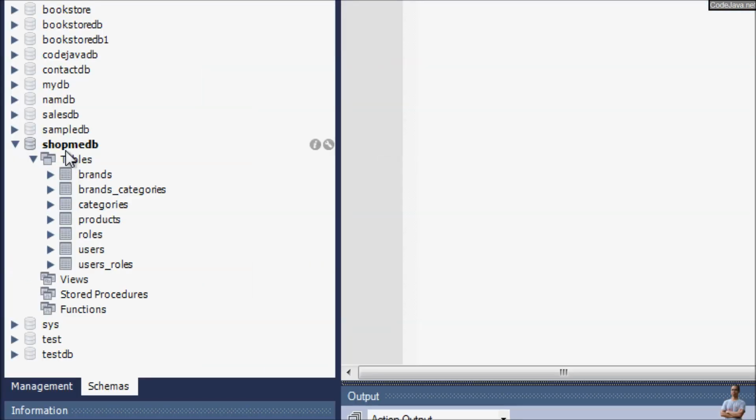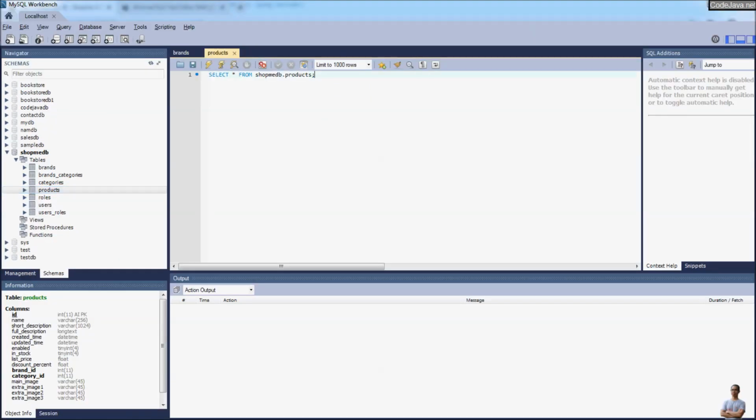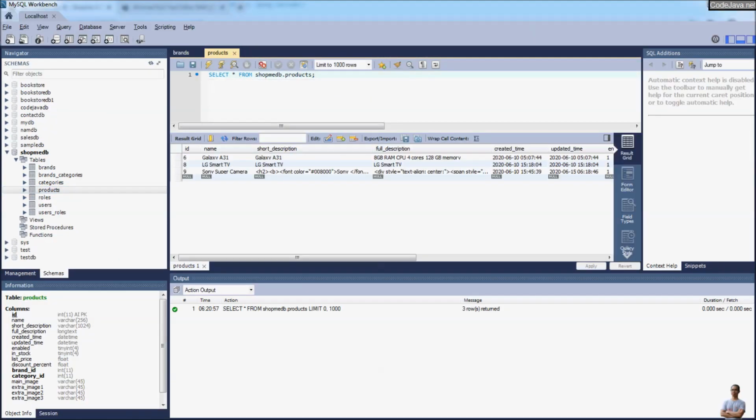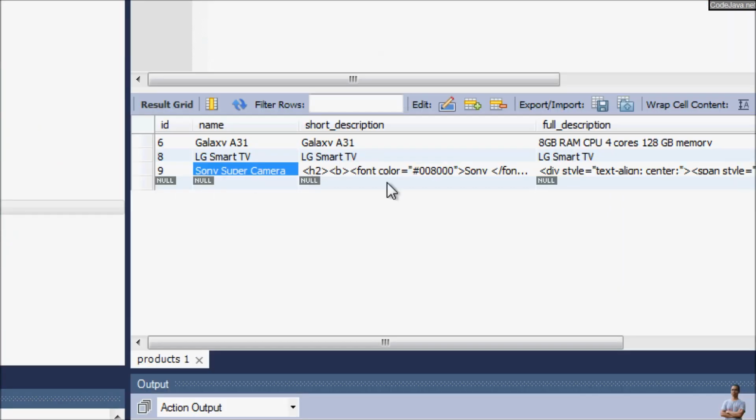In the database, I have the database schema for the application SonyDB here, and the table product here. Now let's select all rows from this table, and you can see for the product Sony Super Camera, you can see the short description. You can see the HTML code for the short description here, it is from the rich text editor, and the same for the full description here. You can see the HTML code is embedded,